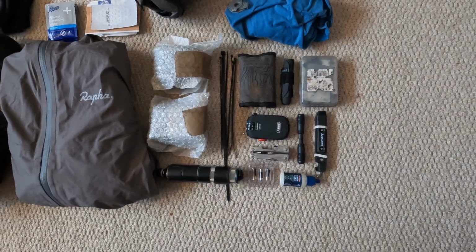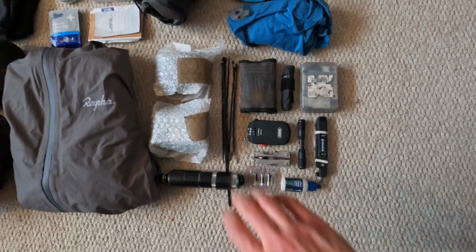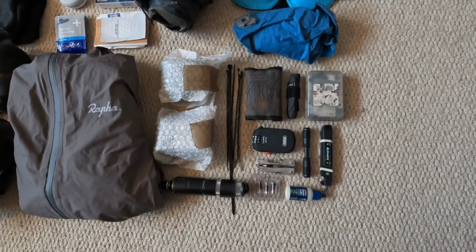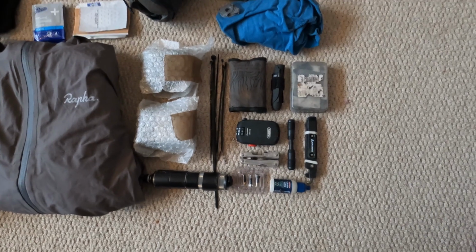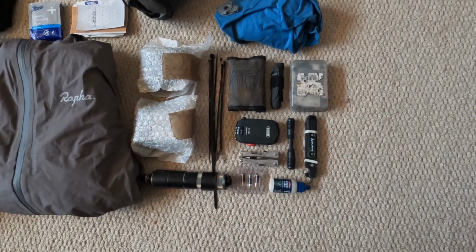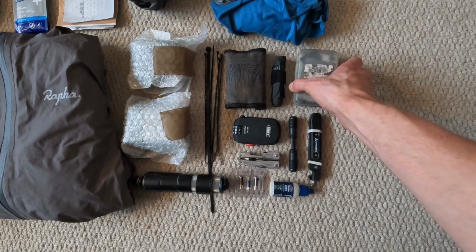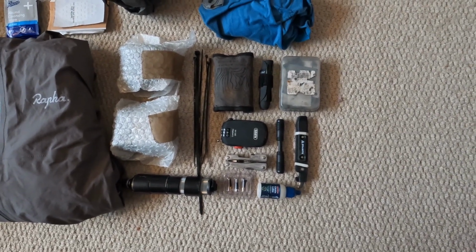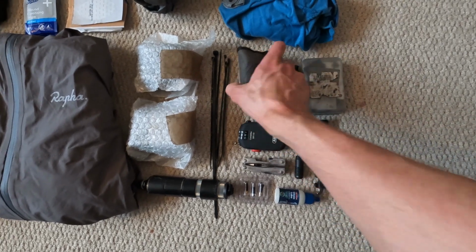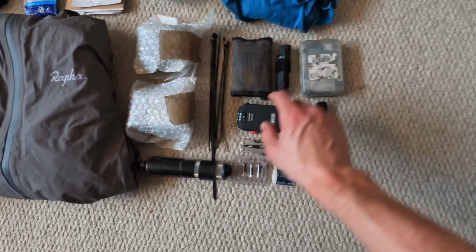Onto the spares and repairs. I've kind of tried to reduce this slightly from what I took round on the Atlas Mountain Race. Still going to take 2 inner tubes just in case. I've got my pump, obviously, with the tape wrapped around it, and cable ties in case I've got to bodge something. My little box of tricks that I kind of take everywhere that's got lots of various bits and bobs and puncture repair pieces, tyre boot, my Allen key set in there, which has also got a chain breaker,